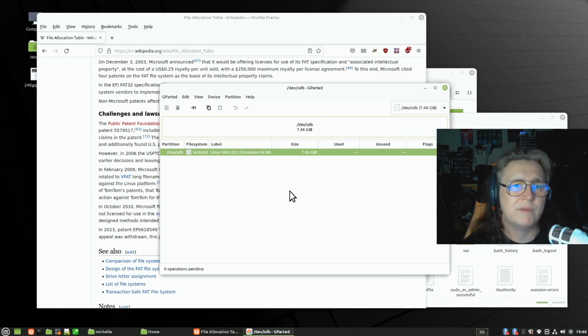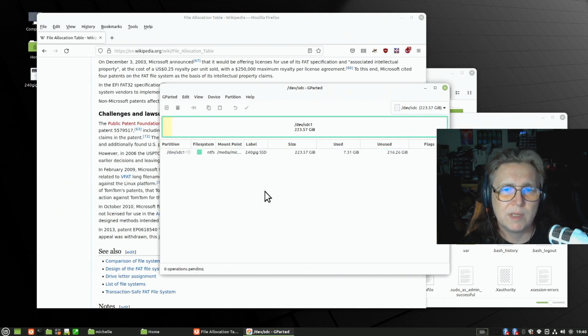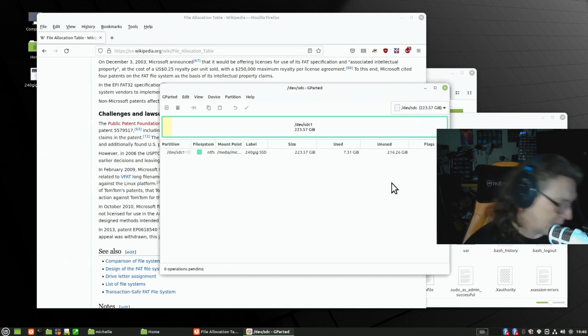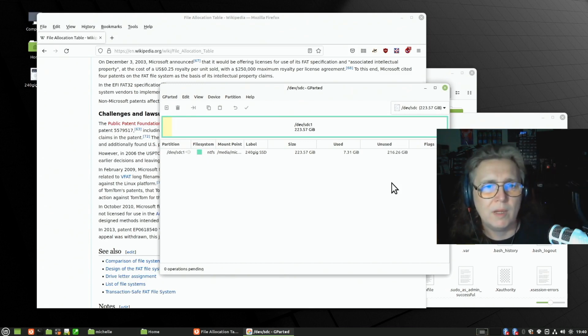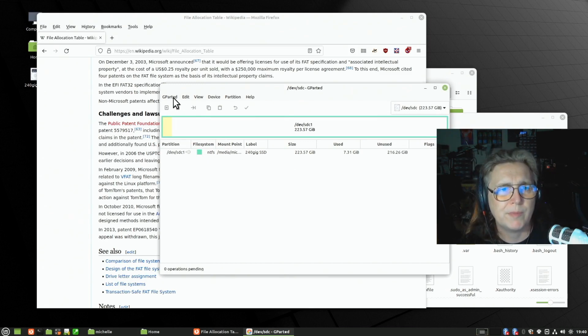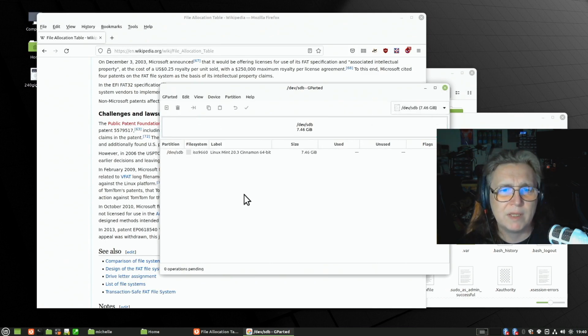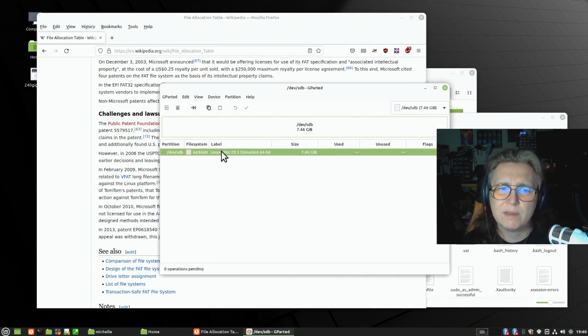If we refresh the devices, that will notice that it's gone. And if I put it back in again, give it a few moments, and then refresh the devices, it should see it back there, and it's still labelled as Linux Mint, but it's got the partition that we put on it. I'm sure I labelled it. Anyway,